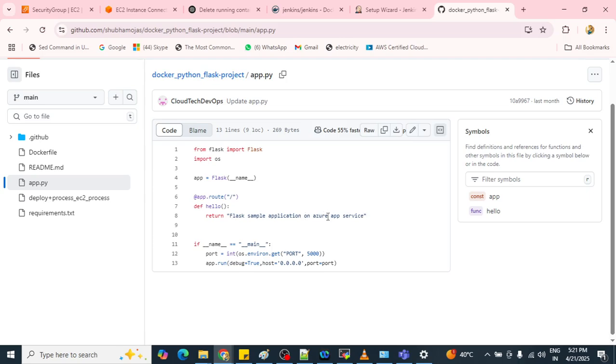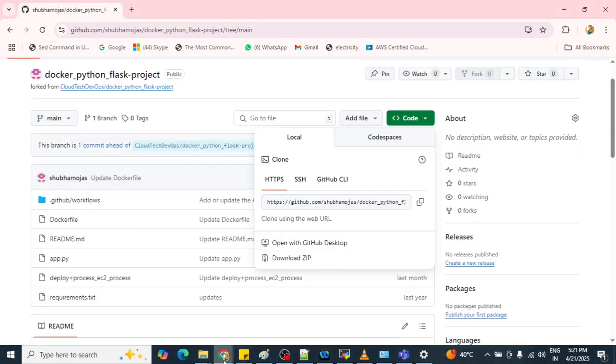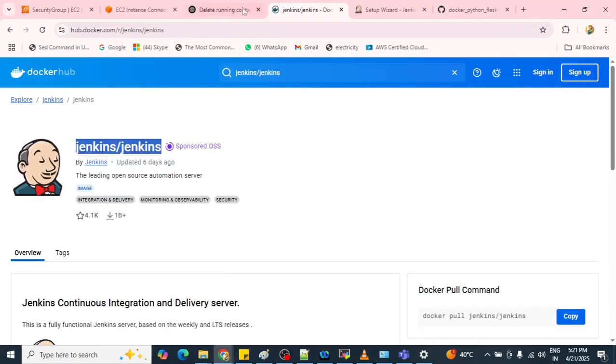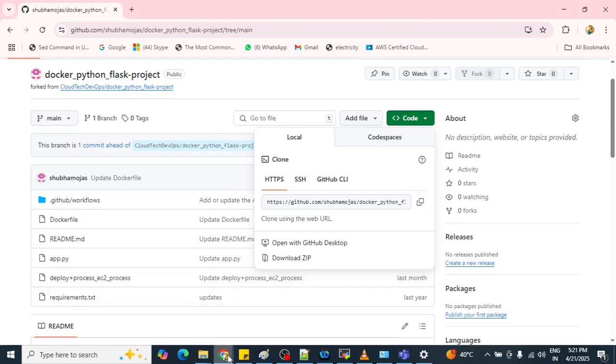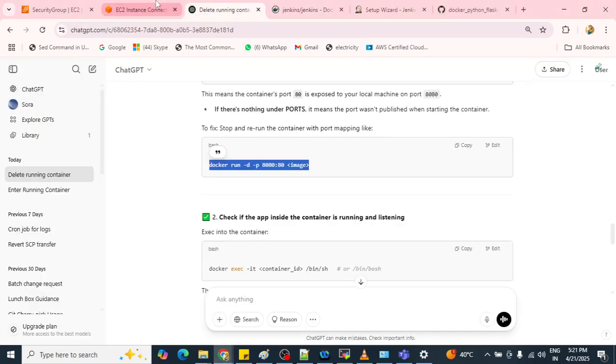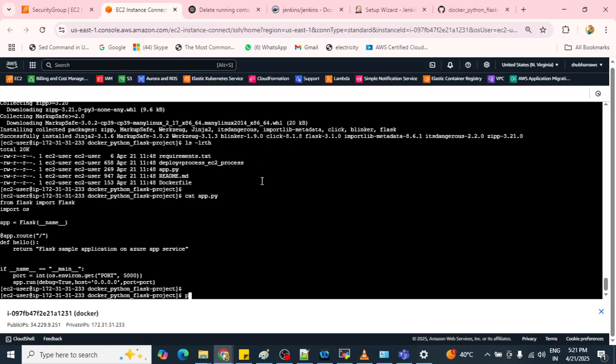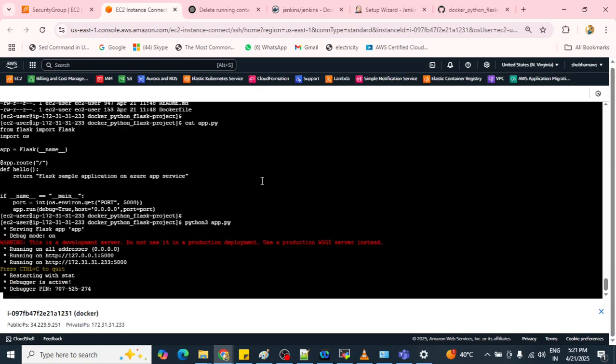If we need to run that particular code, how are we going to run it? Then we can run the command python3 space app.py. Now see this.